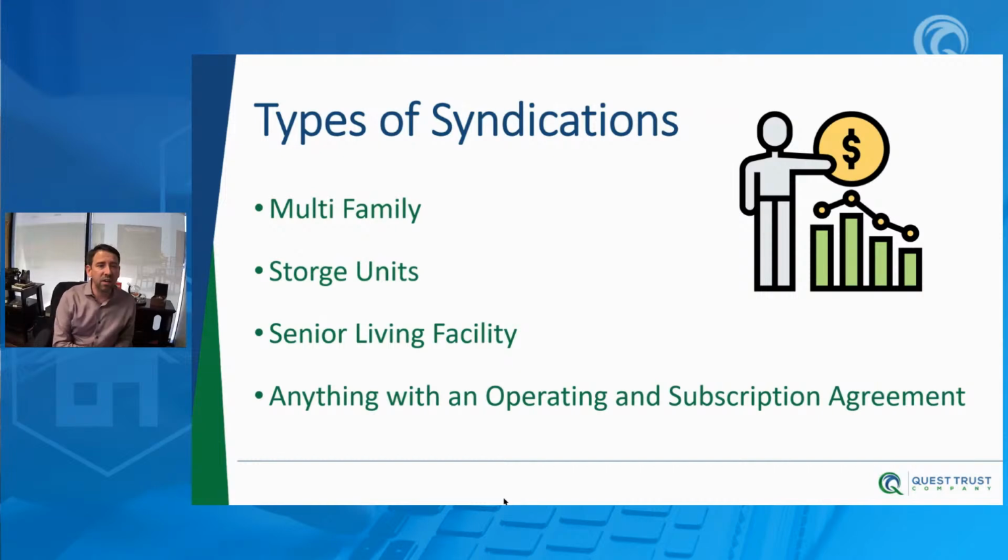All right. Really, anything when you're looking at syndications has to involve an operating agreement and a subscription agreement, right? This is that big packet you see that's like 90 pages typically. It walks through everything from rates of return to the asset, to the members of the LLC, to your limited partnership agreement. So notice these are all different types of syndications.